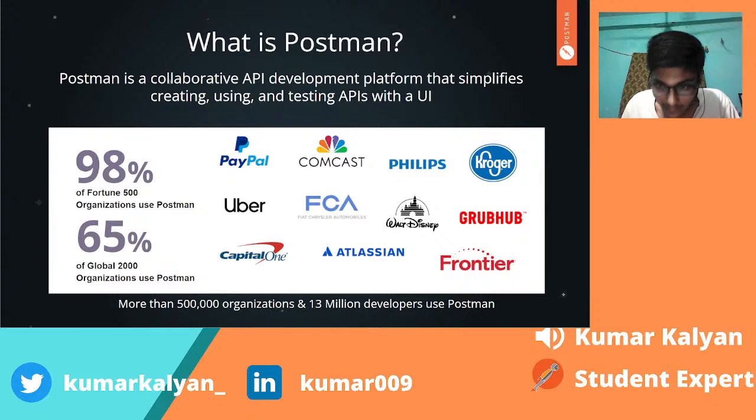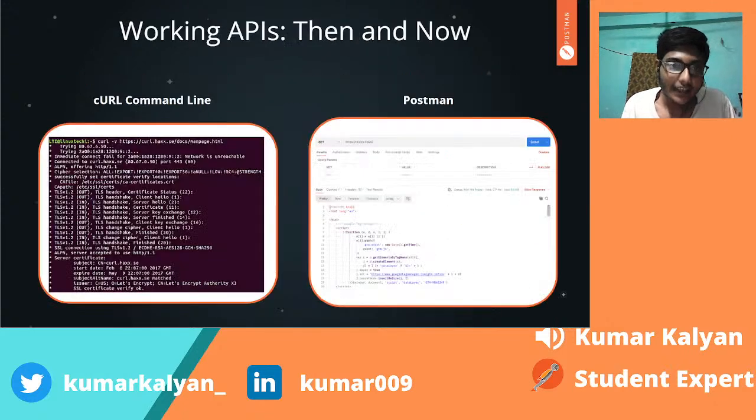Makes sense? Now let me simplify this line for you. Postman provides a wonderful UI with which you can create an API, test it, write security tests, check out the results, filter out everything, and even add documentation to it. And the most important thing, you can collaborate with teams, right? You can create a team workspace, share the URL with your friends or teammates, and collaboratively build an API.